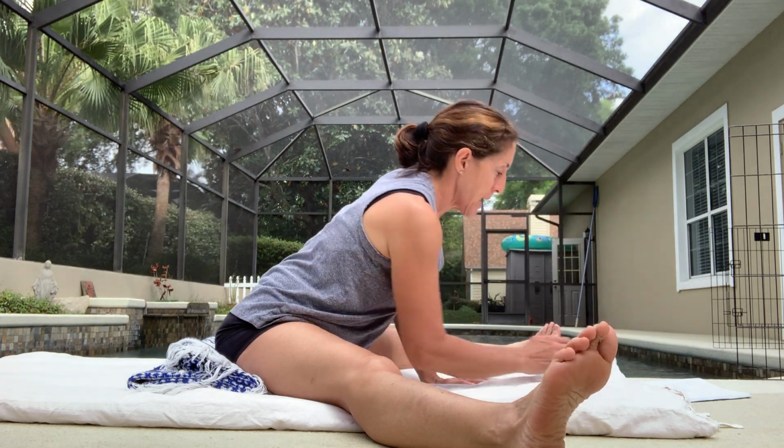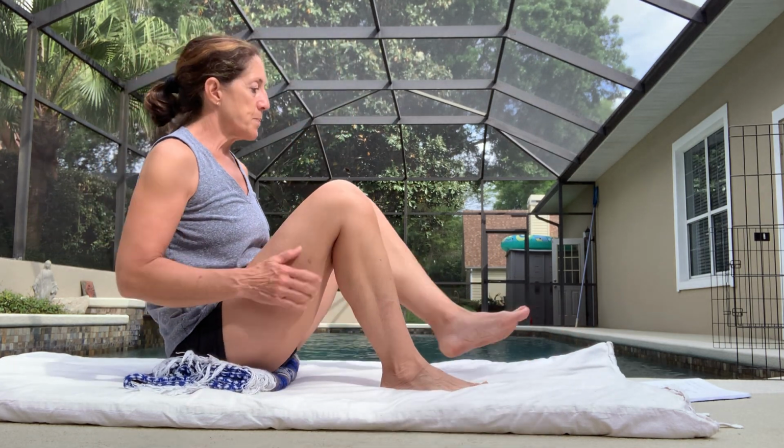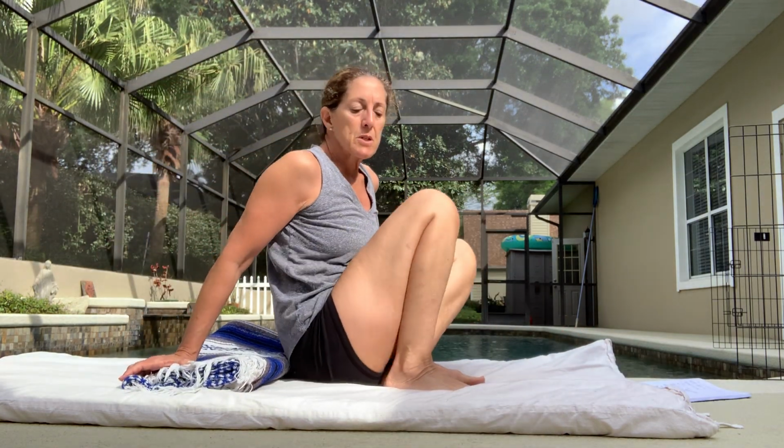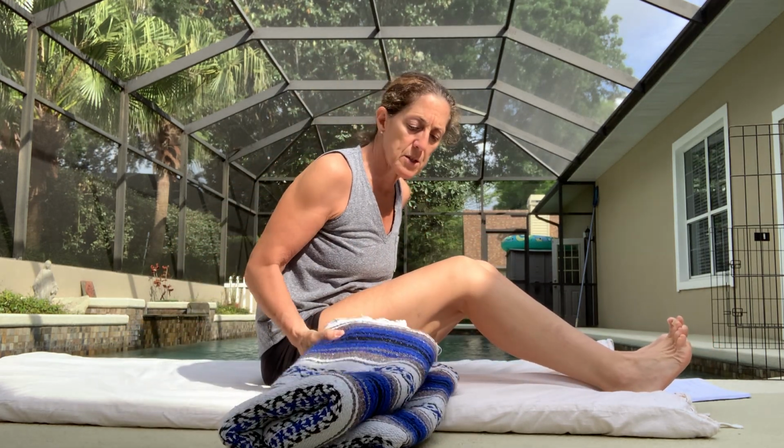We'll start to walk it back. Bring your hands under the knees to help them together. Coming down on our backs, we're going to do a supported bridge and then psoas releases, and that will wrap up our practice. So all you really need to do a supported bridge would be to take any blanket at